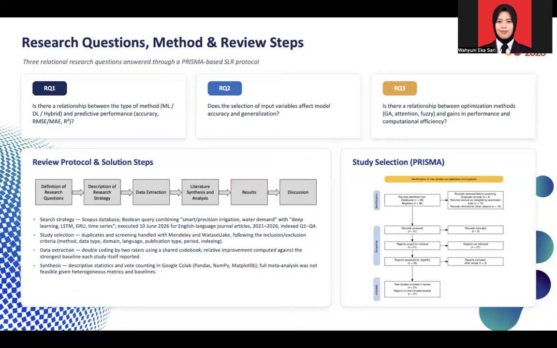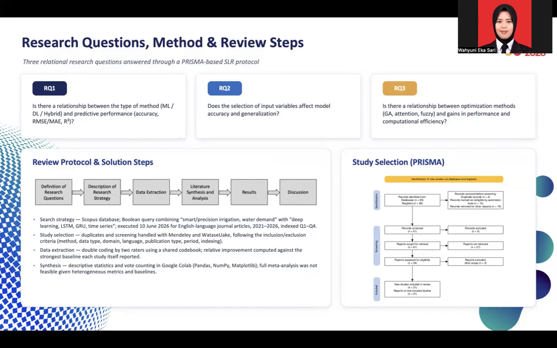We translate these contributions into three relational research questions. For research question one: is there a relationship between the type of method, machine learning, deep learning, or hybrid, and predictive performance measured through accuracy, RMSE, MAE, and R square? Research question two: does the selection of input variables affect model accuracy and generalization? And the last, research question three: do optimization methods, genetic algorithm, attention, or fuzzy logic, deliver real gains in performance